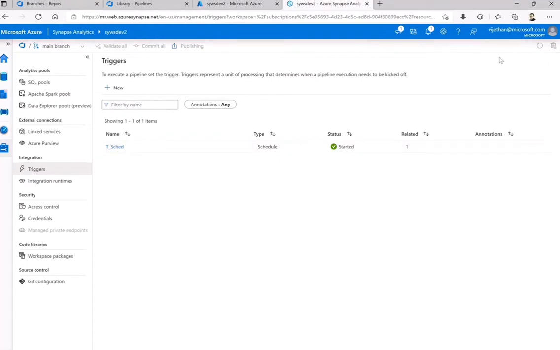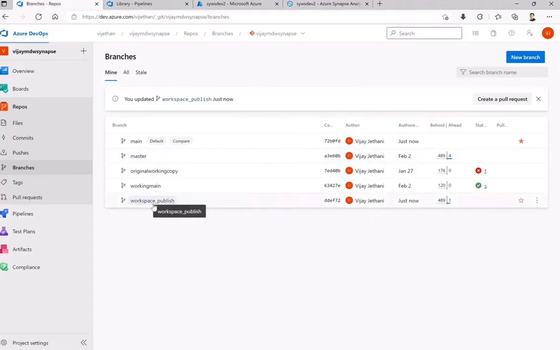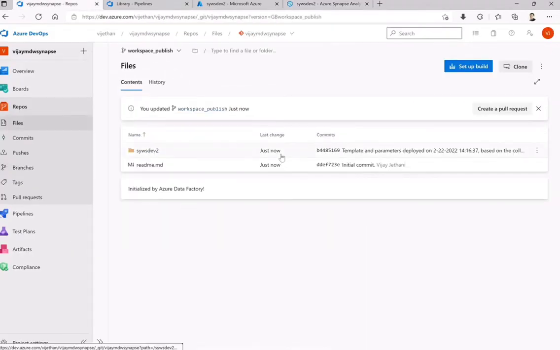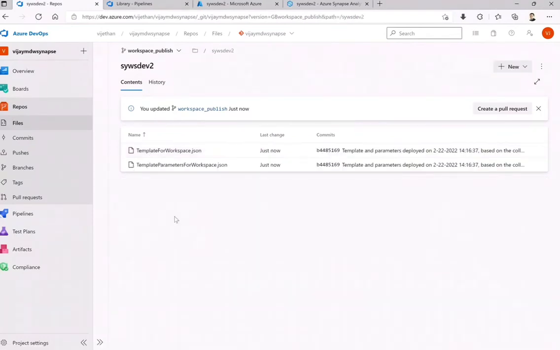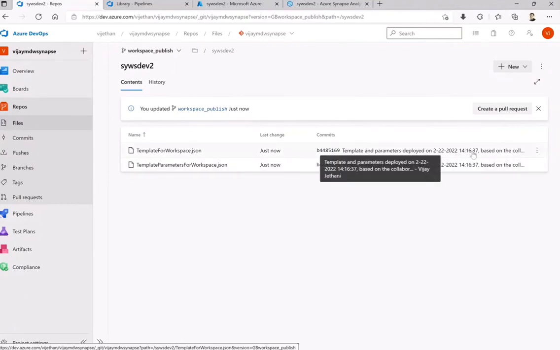I think I will show you here once it comes through. Okay, successfully published, and then it should show me generating ARM templates. Okay, now with the same timestamp, go back to that published branch, and it will show you just now. So what I did, it will show you at that particular time. Ideally the first time you do it, it will publish as it is without any changes, but after that, it will keep on overwriting that configuration. So you have to make sure you understand what exactly it changed.